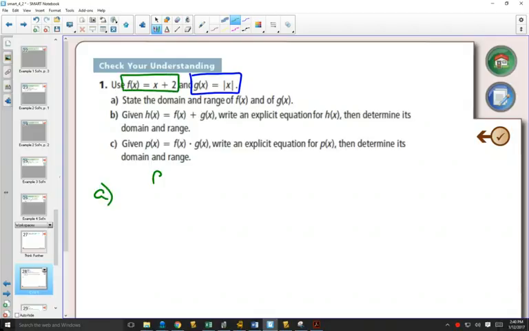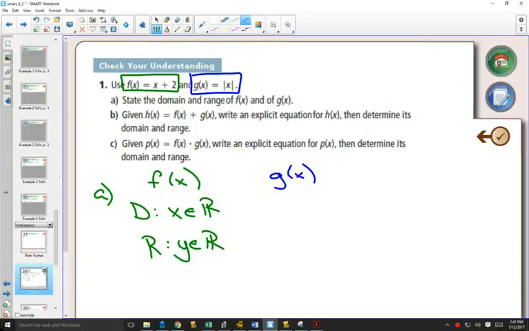So in part A, when we want to do the domain of f of x, first of all, what kind of graph will that be? It's just a straight line. Domain of a straight line, everything. Range of a straight line, everything. G of x,